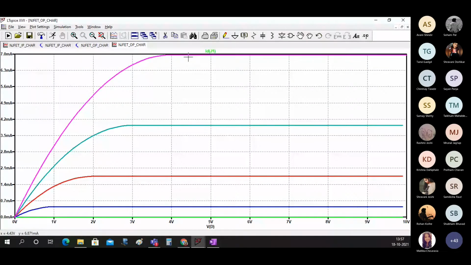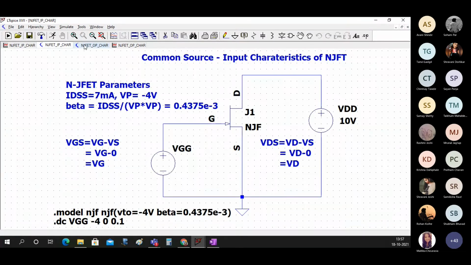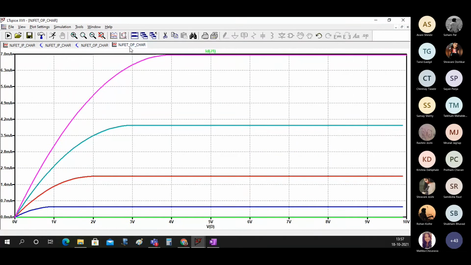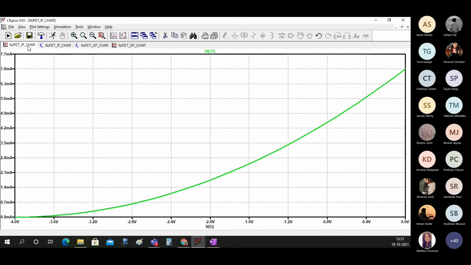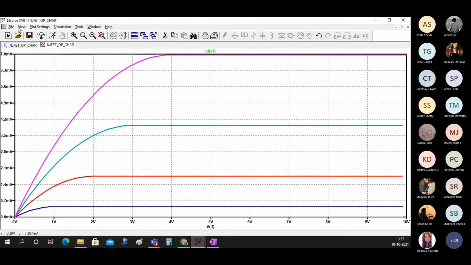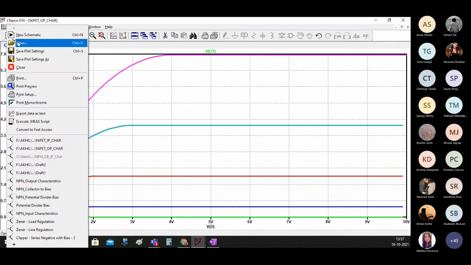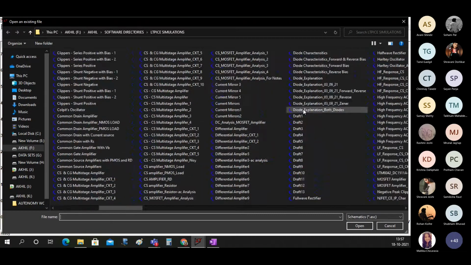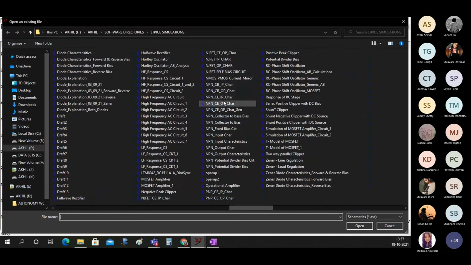Now, one thing you should observe here, that if you look at this pink line, the linear region is very big. It's of 0.4 volts and saturation region is of 6 volts. But in the case of BJT, let me just close the input characteristics here, and let me just open the NPN common emitter.